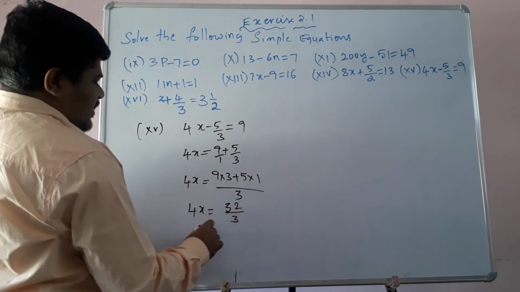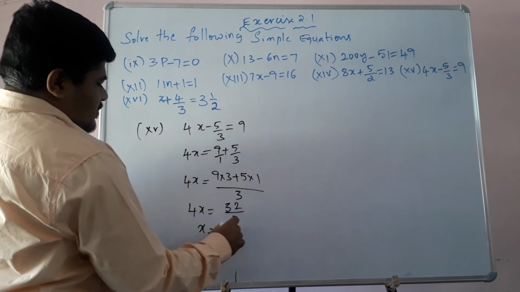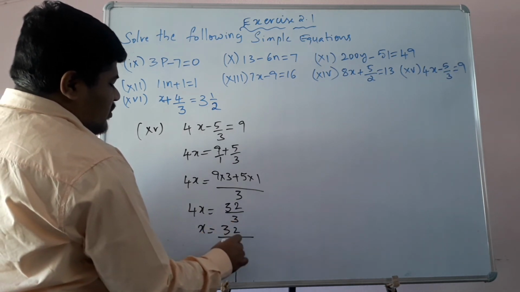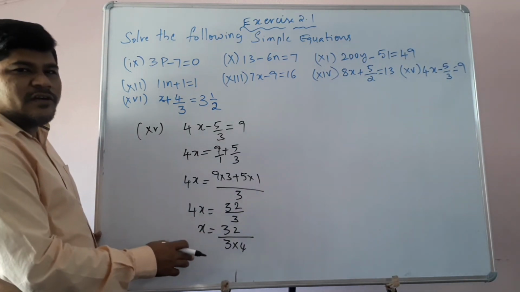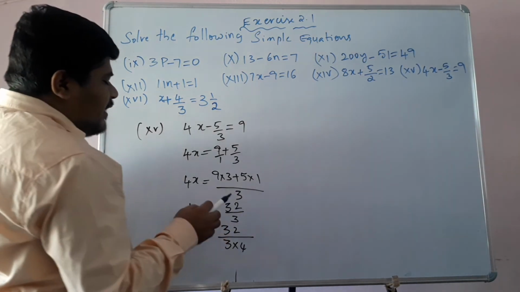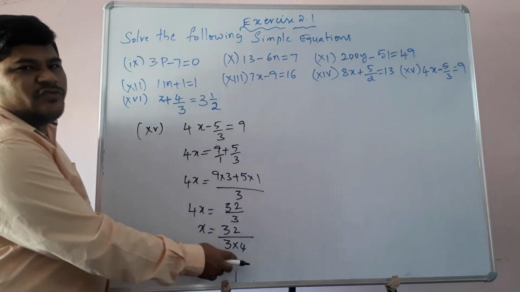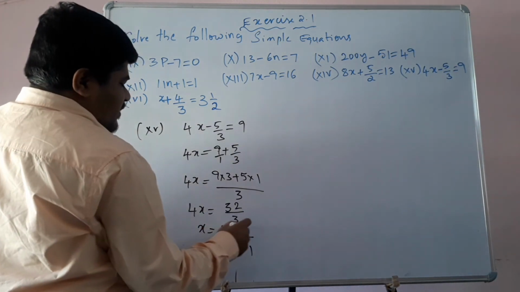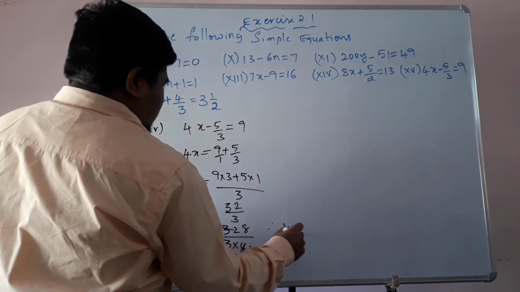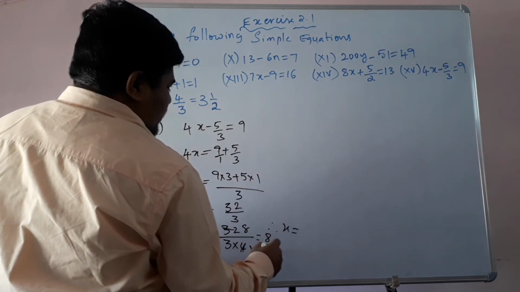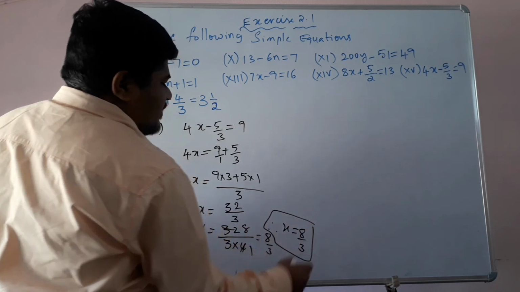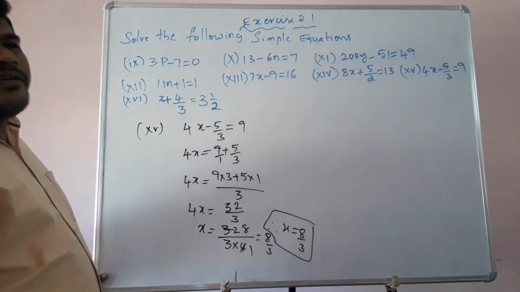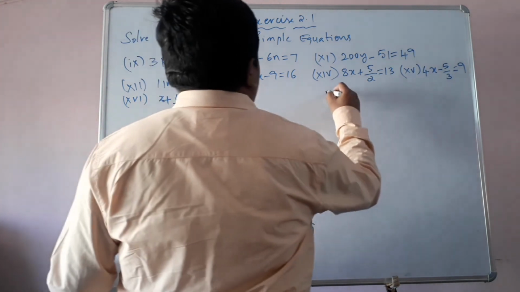Now what is x equal to, children? The 4 becomes divided by 4. 4 into x is there, no? After transposing, it will be multiplied with the denominator, 3 into 4. So 4 ones are 4, 4 8s are 32, children. So therefore x is equal to 8 by 3 is the solution. x is equal to 8 by 3 is the solution. Now let's see the next question. Question number 16.